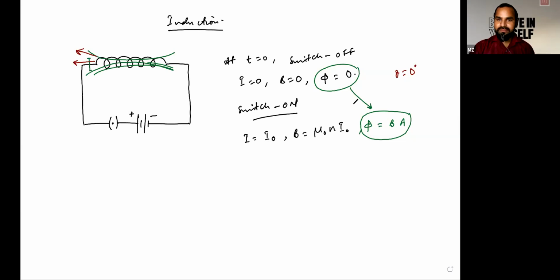Okay. So I'm just defining this particular situation, and in this situation there is some change of flux during this interval. So according to Lenz's law, if there is some change in magnetic flux, it will induce an EMF. And due to induction of that EMF, some amount of current would flow in this loop. So when the switch is being turned on, let's say a current will be going along this direction due to the polarity of this battery. We call this current the making current.